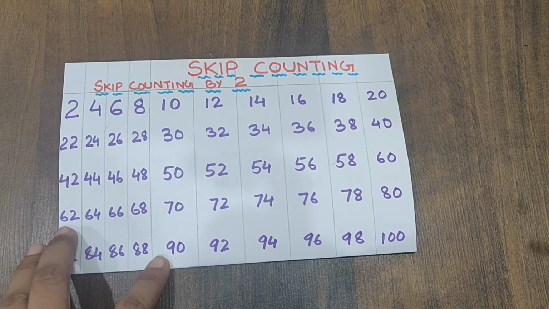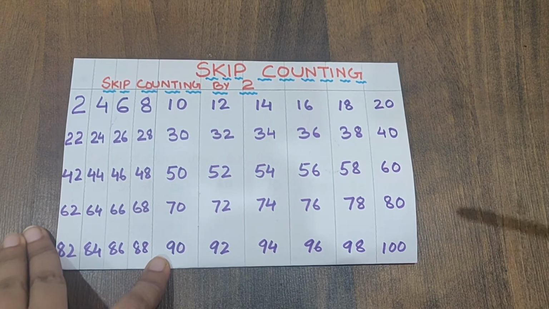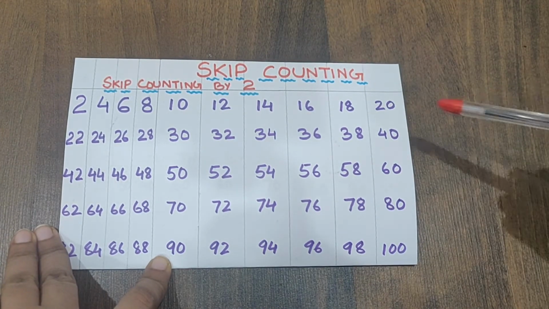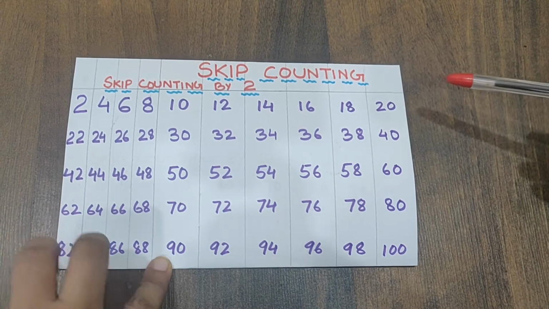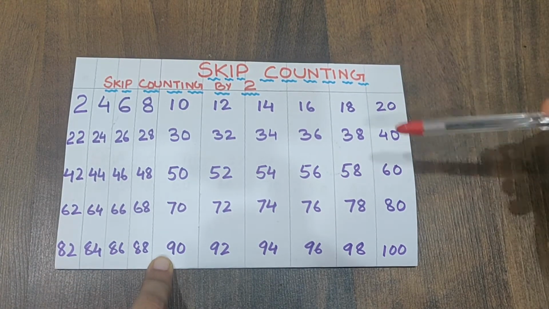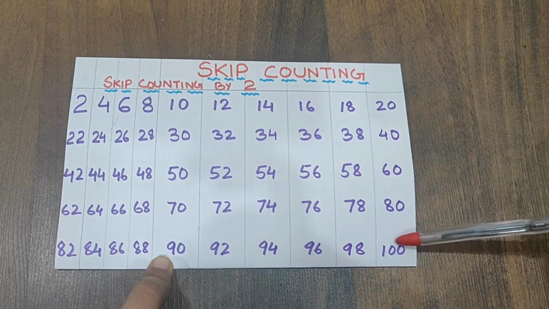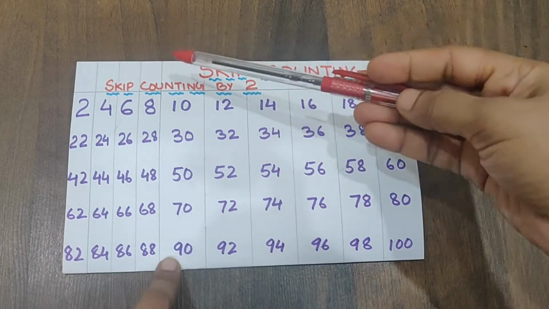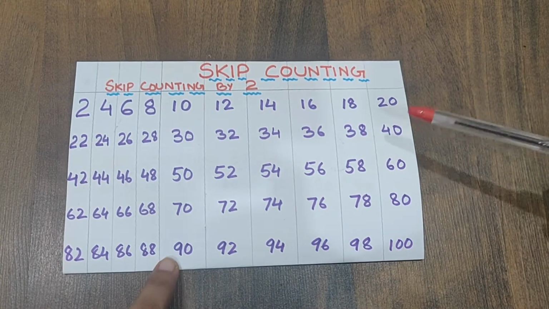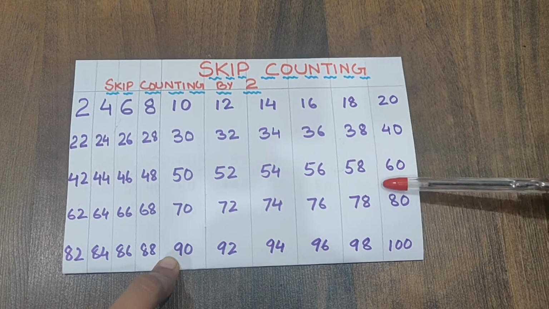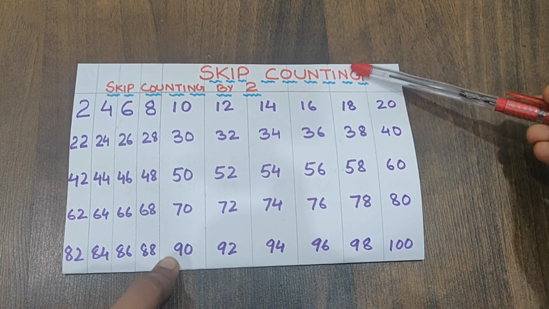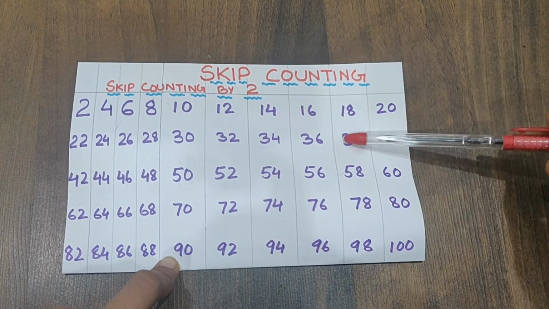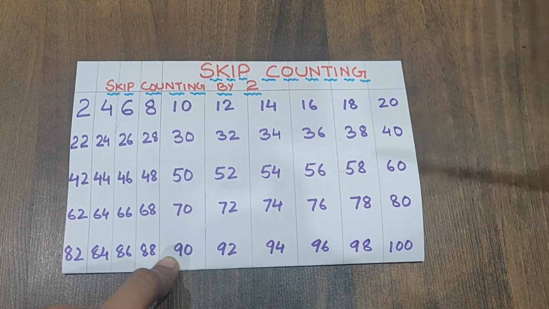Skip counting is generally taught in mathematics by 2, 5 and 10. That is skip counting by 2. For example, you can see the grid which is in front of you. This skip counting grid tells you about going right from 2 till 100 by skipping the numbers 2 each. Okay. So I would just read out to you. Meanwhile, make sure that you have also prepared the same. I'll tell you why. Skip counting helps the child and aids in further mathematics understanding of several other concepts, right from multiplication tables, addition, subtraction, etc.